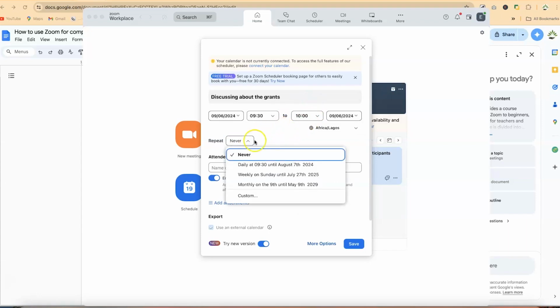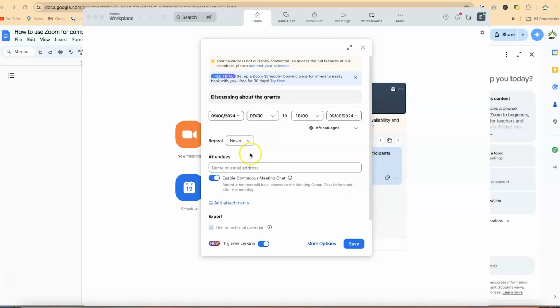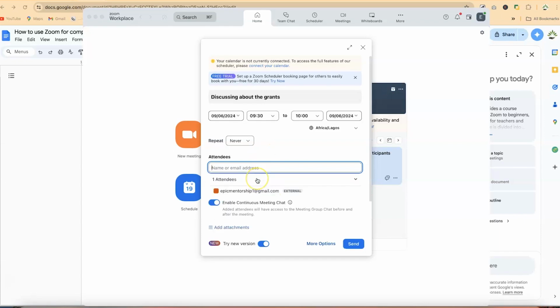You have the option to repeat this because it's going to alarm to you. You can repeat this. I set it to never repeat. You can add attendees by their email addresses. You can just easily search for email address and you can send invitation directly to a particular person. So for example, I can search for Epic Mentorship 1 at gmail.com as one of the participants I want to